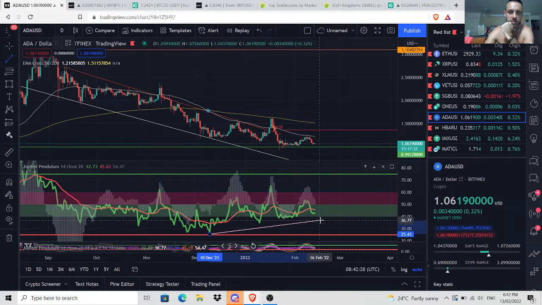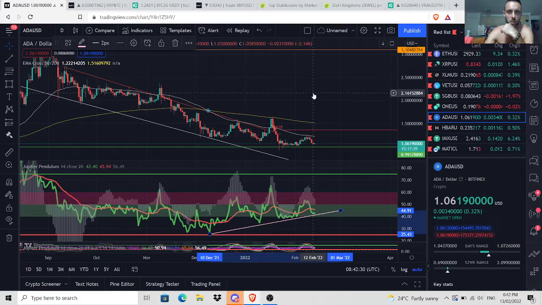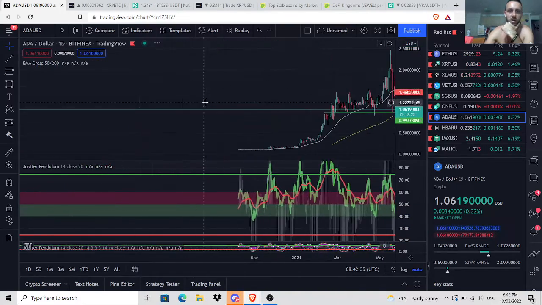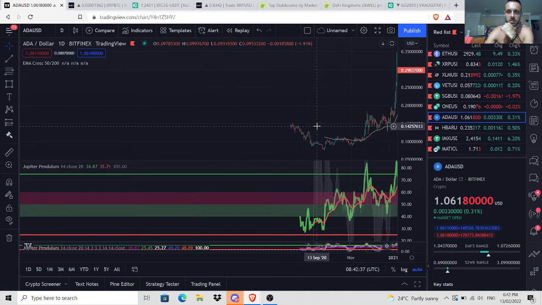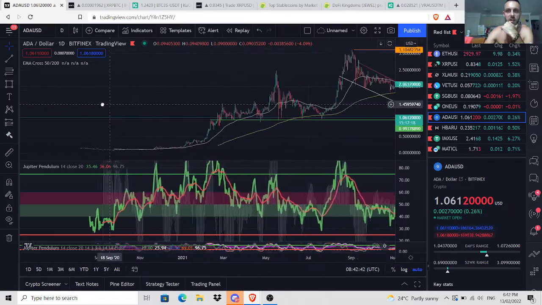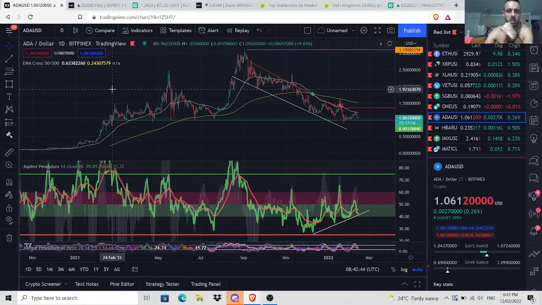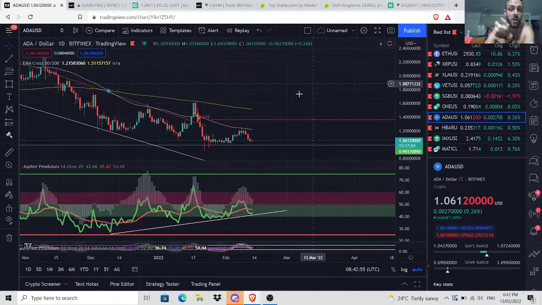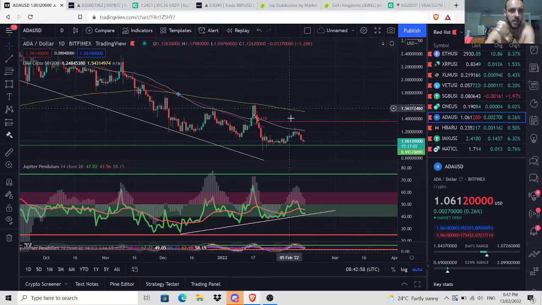Guys, I've been holding on to ADA for the longest time. It's a great project. It still has nothing out yet, but I've been holding ADA since down here, since like 15 cents, so I've made my money and I've lost it too because I haven't been the best trader up until this point. I've been holding it since kind of this bottom. I thought we had one more low, we broke out, but it was a false breakout and we just smashed down. I've sold a little bit, but not too much, and I am very much looking to get back in here, especially with this kind of divergence.